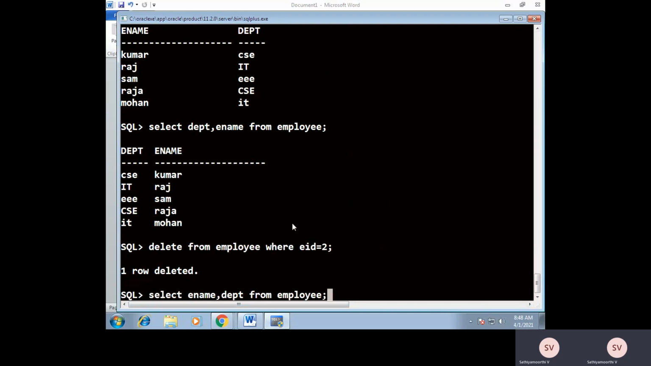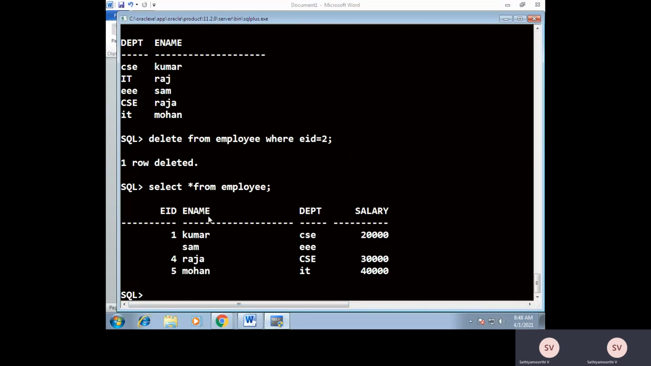Let's see the output to check whether it is deleted. Now that record is deleted from the table. That is the purpose of the delete command, deleting records from the table. If you want to specify multiple conditions, we can. For example,